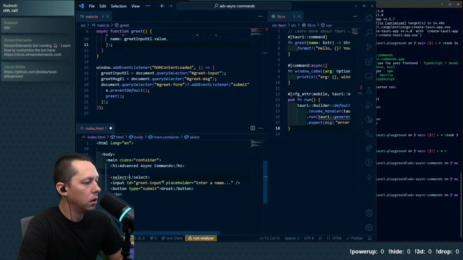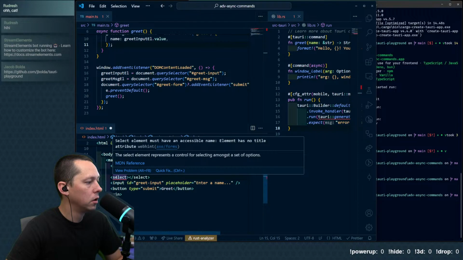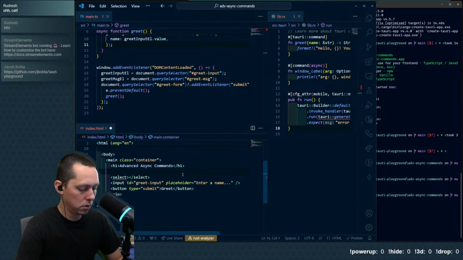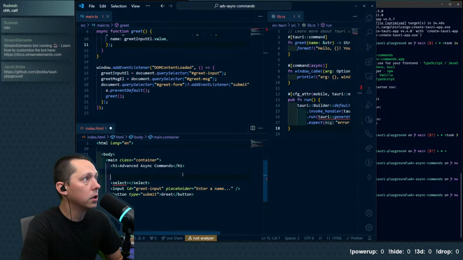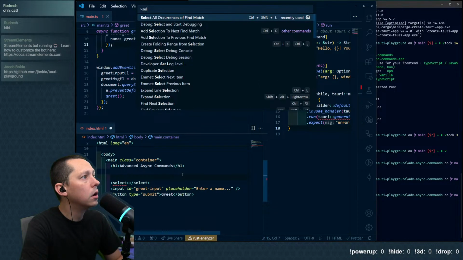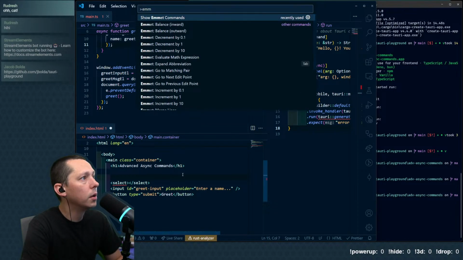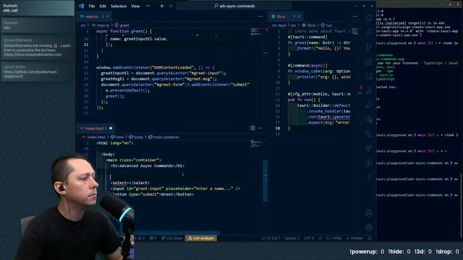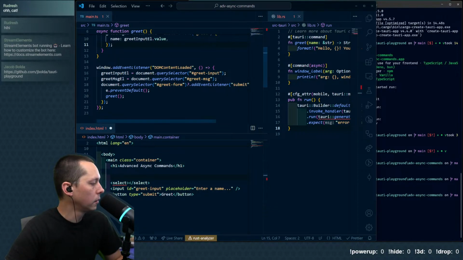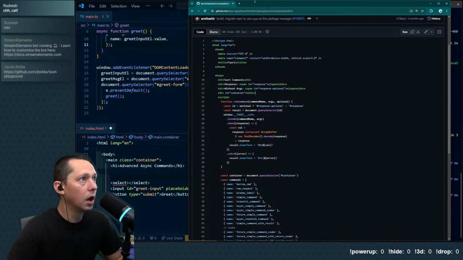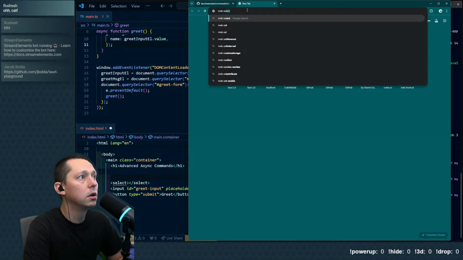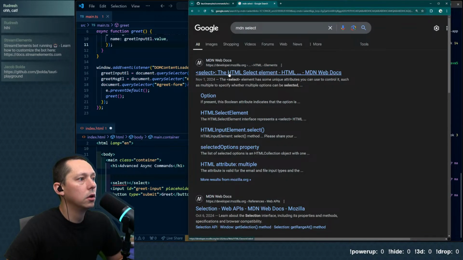Select, and then, can I quick fill in Emmet, show Emmet commands? Nope. Okay. I haven't written a ton of vanilla JS lately, so I'm going to have to look it up.